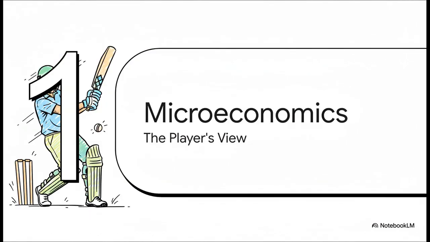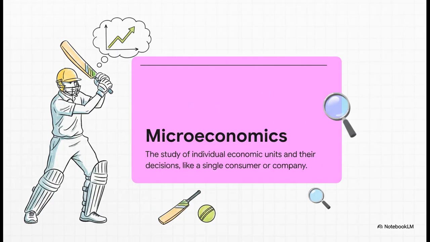Got it? So first, let's put on our micro binoculars, okay? We're going to zoom right in and take a closer look at the individual player. Let's really understand what this microeconomics is all about. Micro, the word itself means small. So, microeconomics looks at the small, individual parts of the economy. It's all about single decisions, like how you decide to spend your pocket money. Should I buy that new video game or save up? Or how one single shopkeeper decides the price of a packet of Maggi. See, we're studying one person, one company, one market at a time.